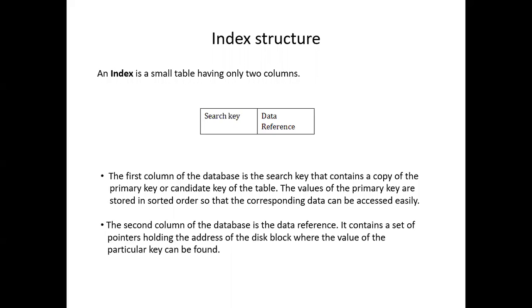The values of the primary key are stored in sorted order so that the corresponding data can be accessed easily. The second column is the data reference. It contains a set of pointers holding the address of the disk block where the value of the particular key can be found.